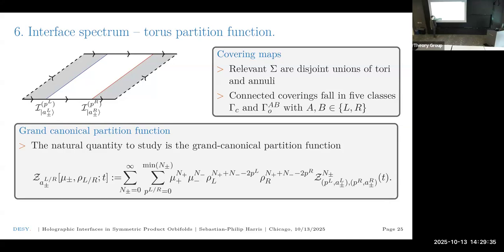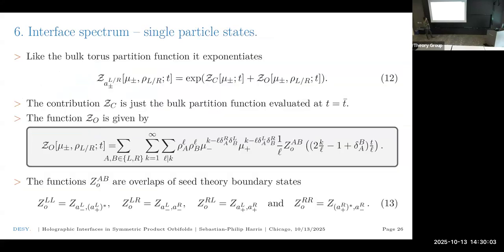So we sum over these 4 quantities, and then we, for now, arbitrarily assign some chemical potentials just in order to keep track of these variables, so that later on we can expand in these parameters and recover the fixed p left, p right, and n plus and n minus partition functions. Okay, and you can explicitly evaluate this grand canonical partition function,